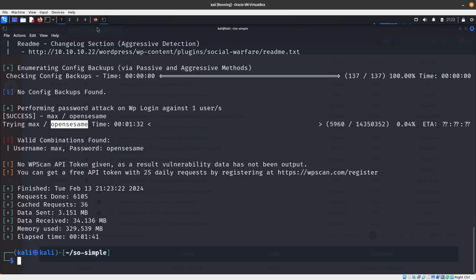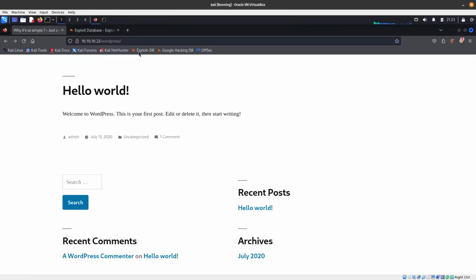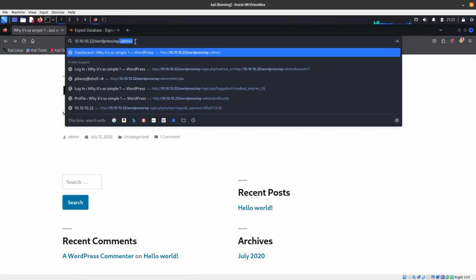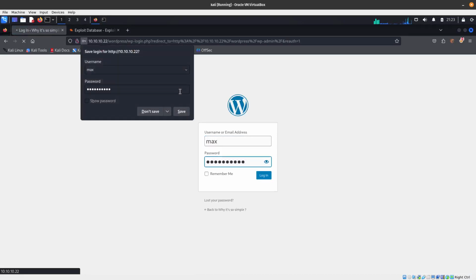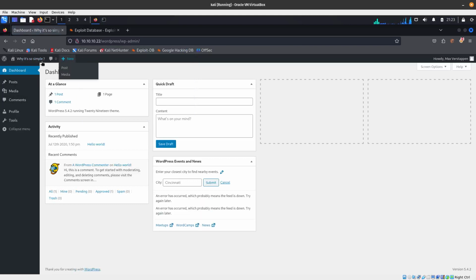So let's go ahead and try to log in with that user, and we are going to go to WP admin, and so we are going to use the username of Max. Open Sesame. Don't save the password, and are we in? So it's going to be a slam dunk. Nope. So you can see so far in here that we don't have any plugins. We cannot edit the themes or anything like that. So we won't be able to upload a malicious plugin, or we won't be able to do anything. We could post, but that's it. We can comment